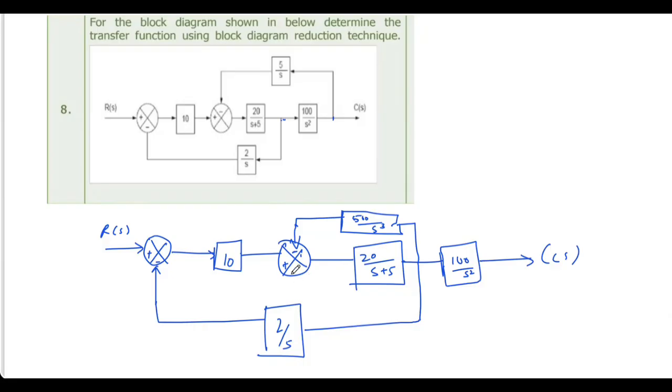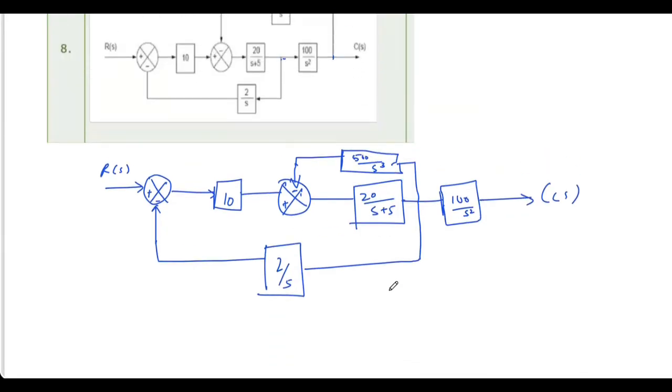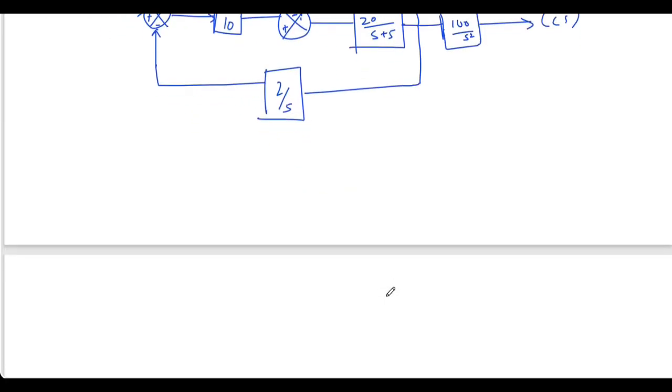So this is a negative feedback. So G of S by 1 plus G of S H of S. So this can be replaced by one block. This can be replaced by S cube. So you will have